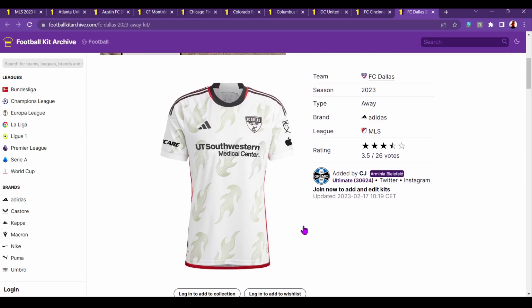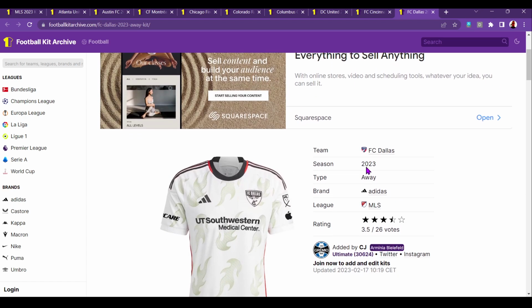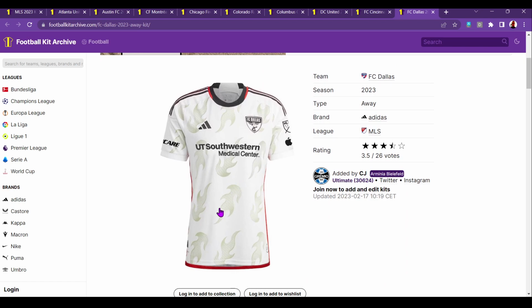Yeah, that's cool. Again, I like the combination of white with red and black trims. And then there's the sort of, oh, they are Chicago. Is it Chicago? No, it's Dallas. It's a sort of fire emblem. I thought it was Chicago Fire for a second. It would have made more sense, I suppose. It's nice. I'll leave it on the list. I don't think it's going to win, but...